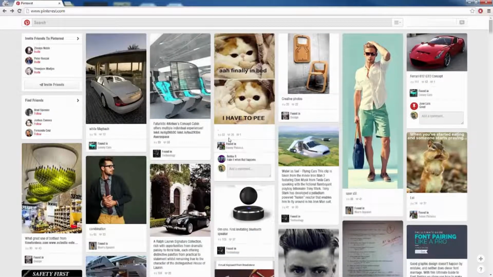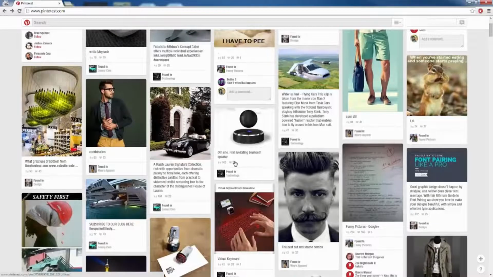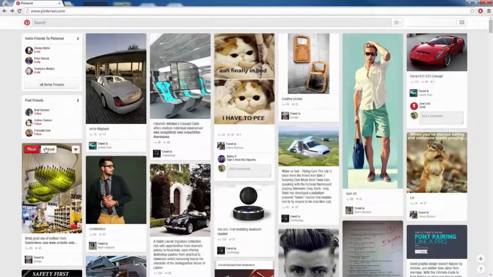I follow funny pictures, I follow technology and things like that. And as we can see, it is a bunch of different images that covers my board. And if I was to follow your board, for example, I would see whatever you post on your board here. So the strategy that we're going to use is we're going to create our own board that is related to